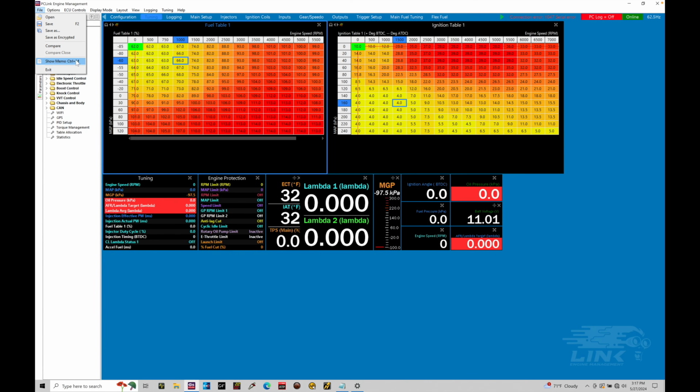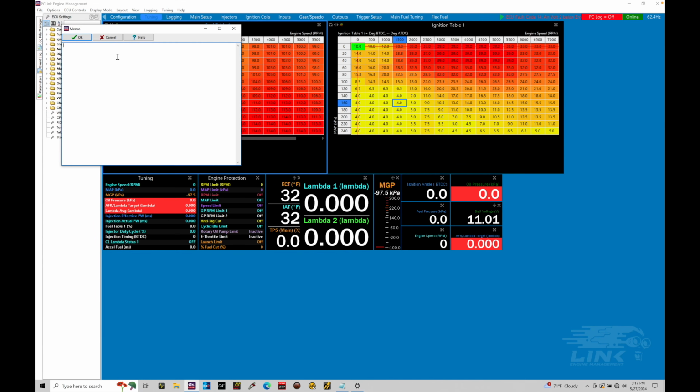There is a Show Memo option. The Show Memo allows you to make notes in the calibration file. So this is going to go along when we do a file and we save the file. This memo will be tagged with the calibration file. I like to populate in the memo the modifications that are done to the vehicle,